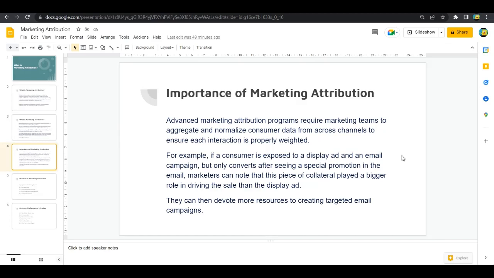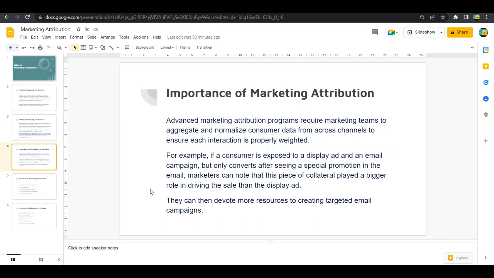But this is again highly hypothetical. It's not necessary that just because one consumer has liked the email ad, all of them will like it. So this is why you need to keep an eye out for this stuff, and that's what marketing attribution does. It looks for patterns or things that consumers do when they are on your website, and that's how you can know which channel is getting better reviews, or which channel is generating more traffic. So that can help to improve your business.